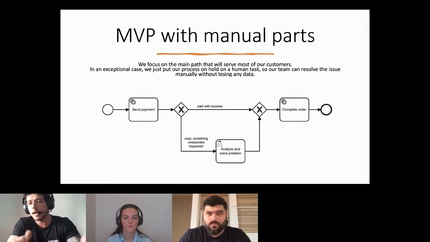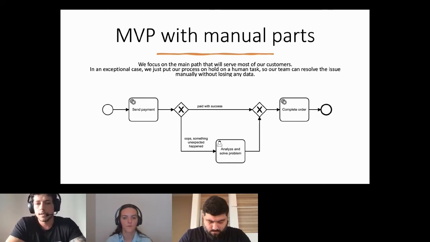But if it happens in production that I have an error scenario that I just didn't know could happen, okay, if the payment was not successful, I just leave this process instance in a user task.